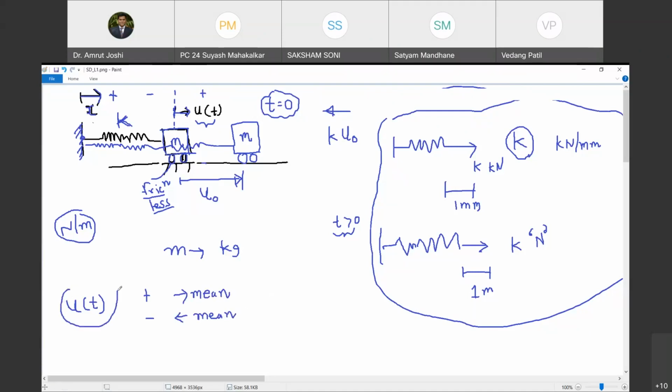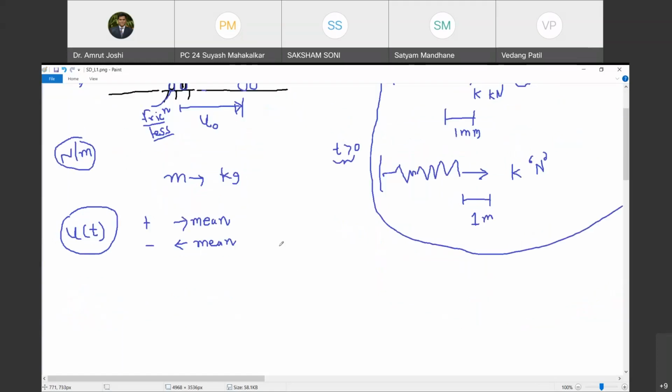So this u is the displacement of the block from its mean position. It will be a function of time. Do you agree with me? Yes, sir. As time progresses, u of t will approach the 0 value, then it will go on the negative side, then it will again start increasing and approach 0. Then u of t will again become 0, go on the positive side, then start reducing, come back, and so on and so forth. The oscillations will go on. Do you agree with me?